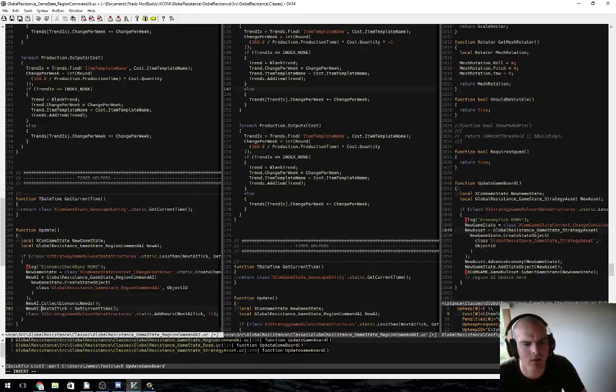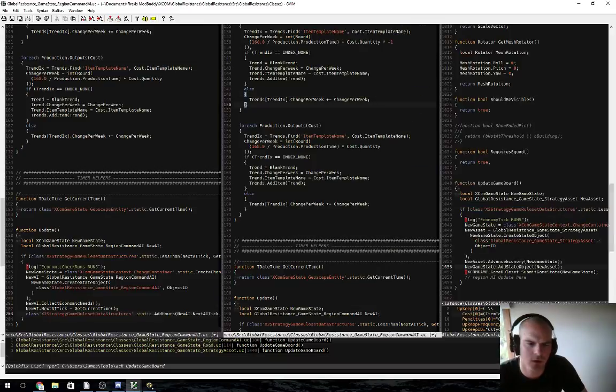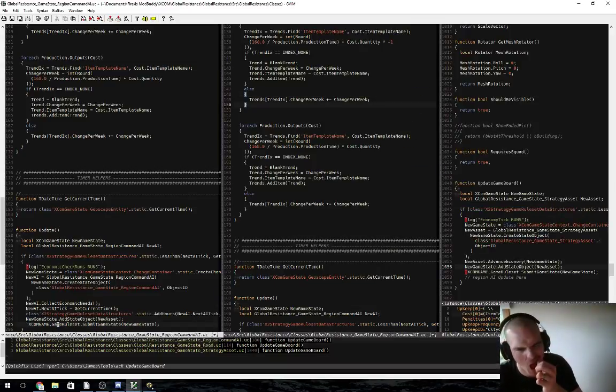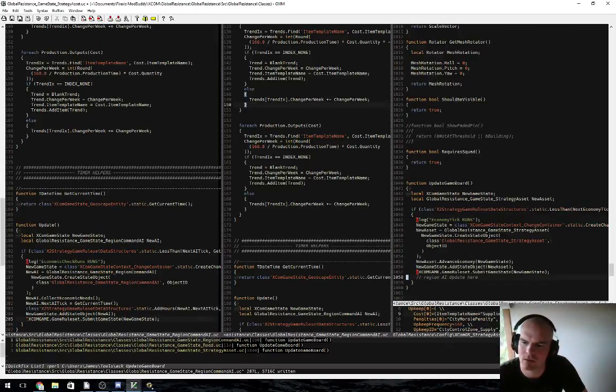New AI dot next AI tick. New AI. And then we need to add it and submit it. Submit it and then we're done. So yeah, the region AI update has to happen here. So we need to iterate